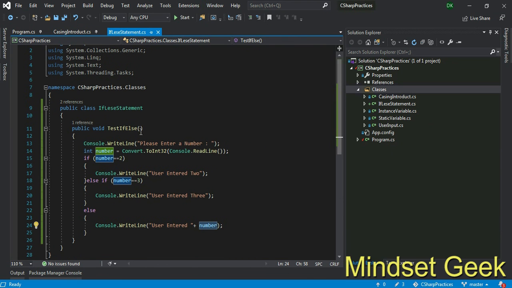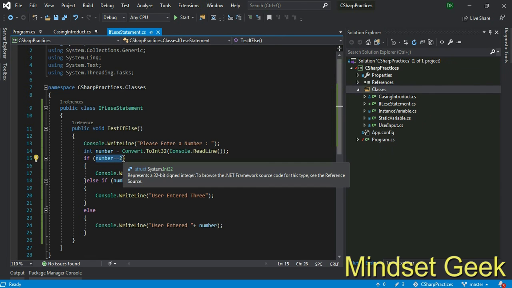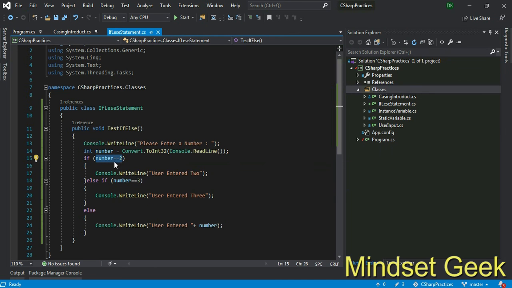This way, right? Remember these things, right? The if statement or else if statement accepts some boolean result. Boolean means it will be true or it will be false, right? You can use any conditions, but its result must be a boolean value, true or false.